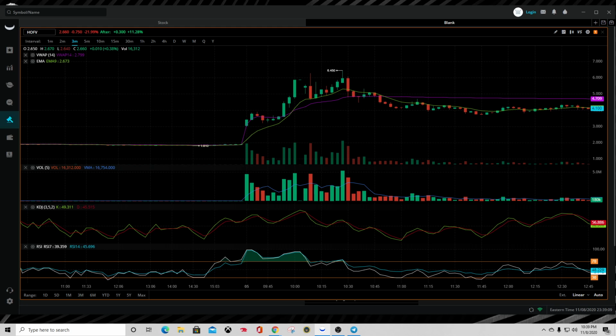HOFE entered at 9:45 a.m., around $3.45. Yeah, I believe I entered on this candle right here at $3.45, and we had this little push